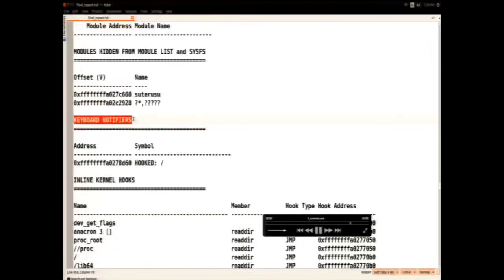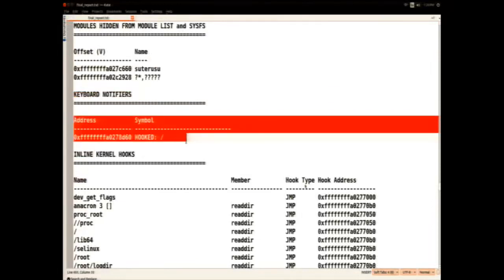Also, another thing that the module did was it set up the keyboard notifiers. Linux enables you to receive a callback notification whenever a key is pressed. This is basically for legitimate purposes like hotkey implementations, but malware can also make use of this feature. In this case, the Sutrusu rootkit installed the kernel module, and it set the keyboard notifiers, so that whenever a key is pressed, a callback function is called within the Sutrusu kernel module. Now this function can read all your keystrokes, and it can log them to a file or send them over the network. That way it can steal all your keystrokes by setting up the keyboard notifiers. That's exactly what it's doing.